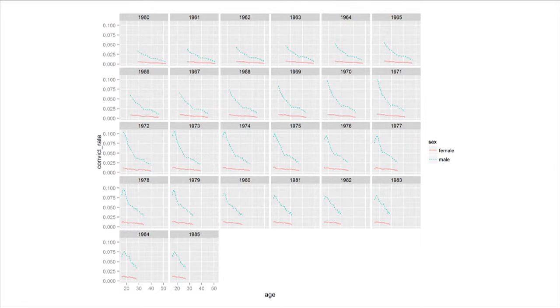In particular, and this wasn't anywhere near as apparent, or not apparent at all, when you just looked at ages alone, you can see that there are a number of birth cohorts that, as they reach their 30s, the decline in conviction rate that might be expected stalled somewhat. So you can see these kind of horizontal stretches